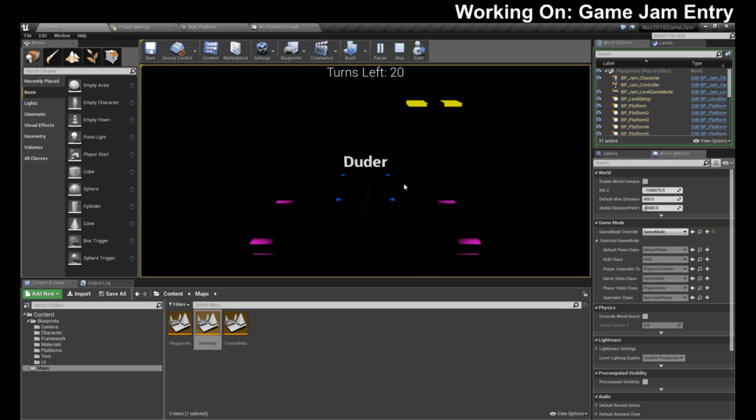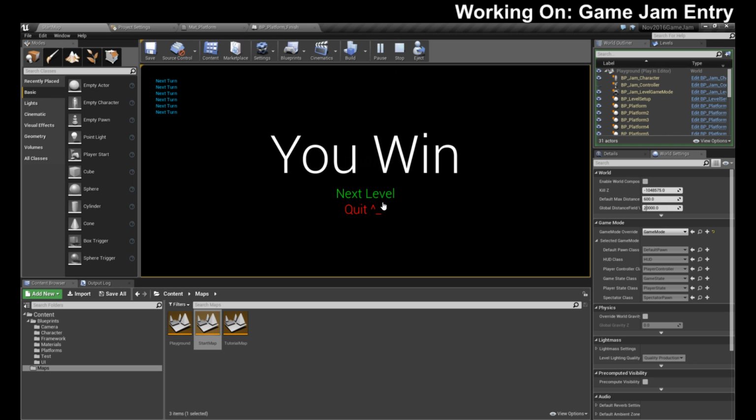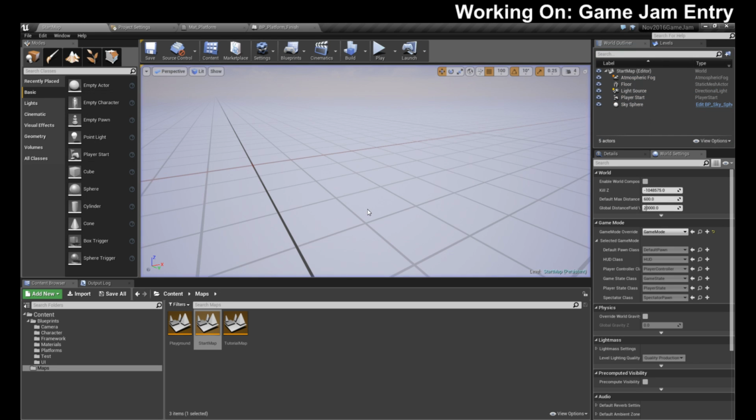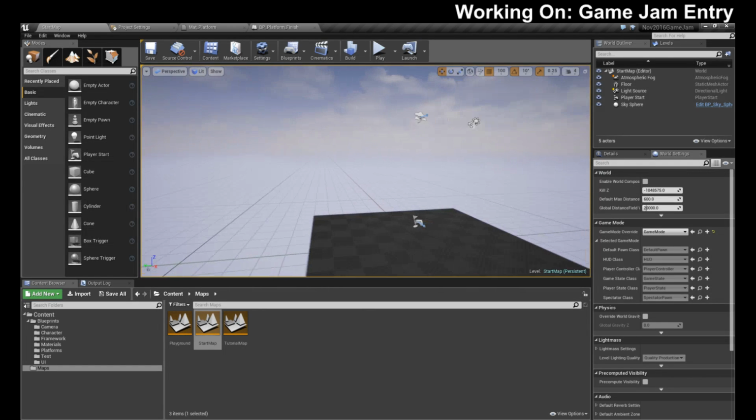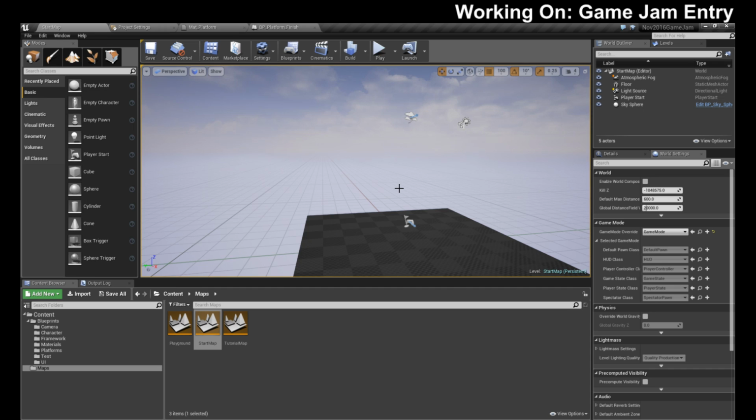You can go to the next level. I have different levels I can design. And if you actually fail, it has a game over. You can restart the current level you're at, or you can quit out. So it's a fully complete game loop in 5 hours. Not the best. That's what the rest of the time is for. But at least I have something, so if I run low on time, I don't have to worry about getting something that works. That's important to me. Getting something that is workable in the beginning, then you just fine-tune it.